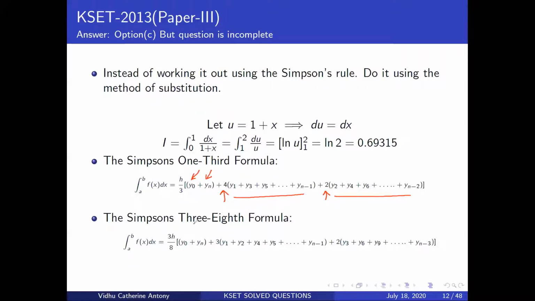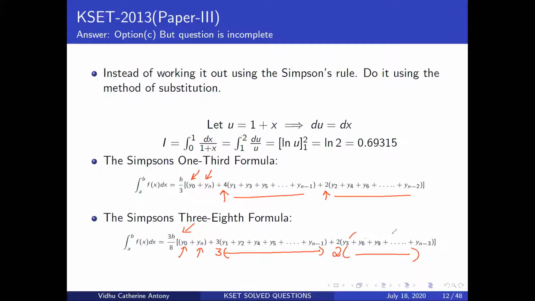Okay, so you can just remember that way. And then what do you have? You have a y0 and a yn, so the first and the last values of your function. And then you take your 3 and multiply it with all the things that are not multiples of 3. Okay, take a 2 and multiply it with all the things that are multiples of 3.